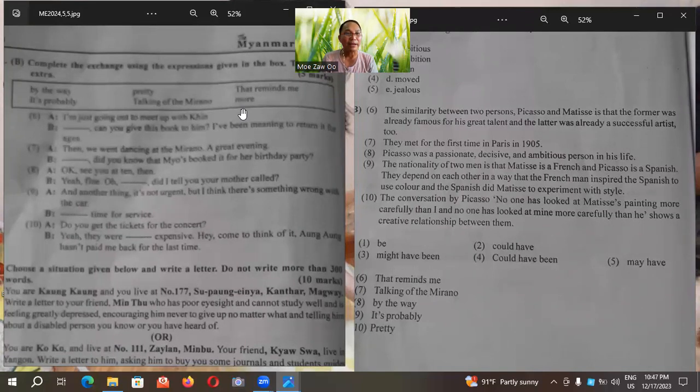And another thing, it's not urgent, but I think there's something wrong with the car. It's probably time for service. That's why. Did you get the tickets for the concert? Yeah, they were pretty expensive. Hey, come to think of it, Al hasn't paid me back for the last time. Okay,